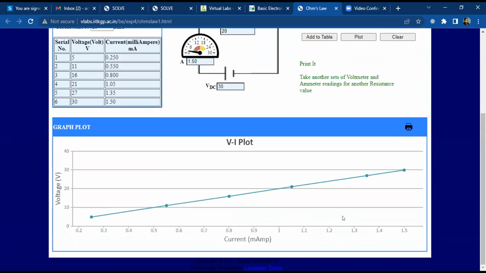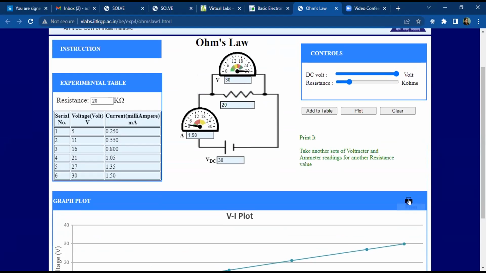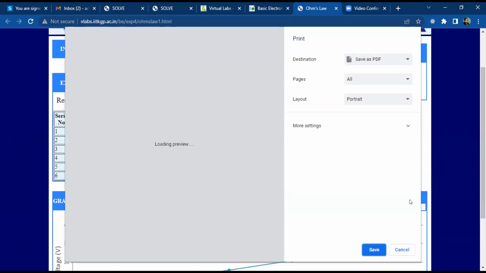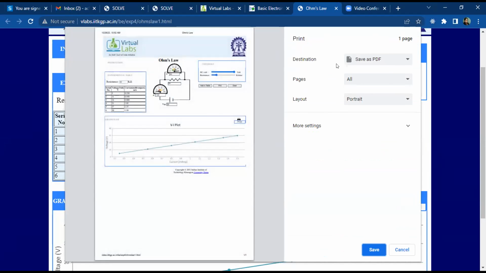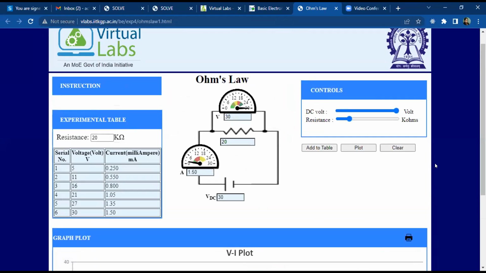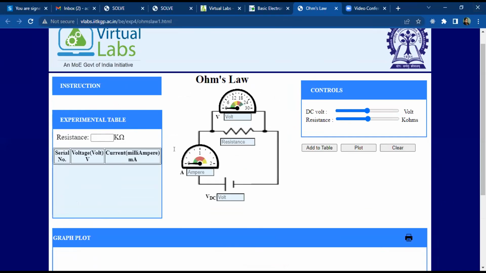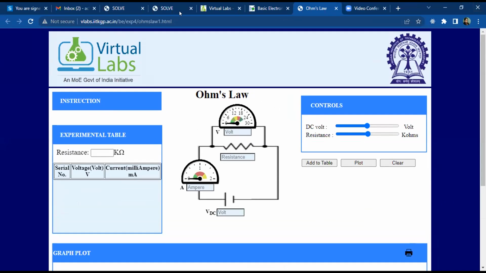With the given values, we'll get the VI graph. To print this whole page, click on the print button. Here you will also get the save as PDF option. You can save it as PDF for future reference. To clear all these values, click on the clear button. You can find here all the values are cleared now. Moving back,